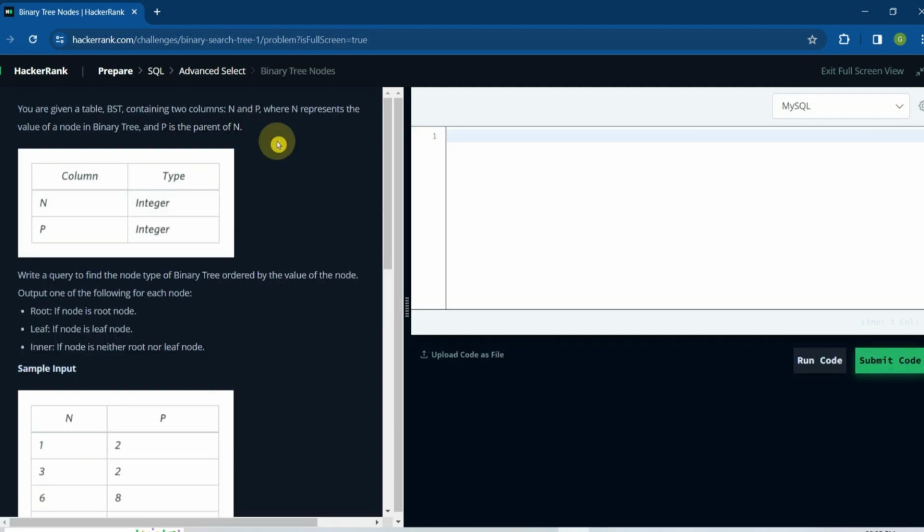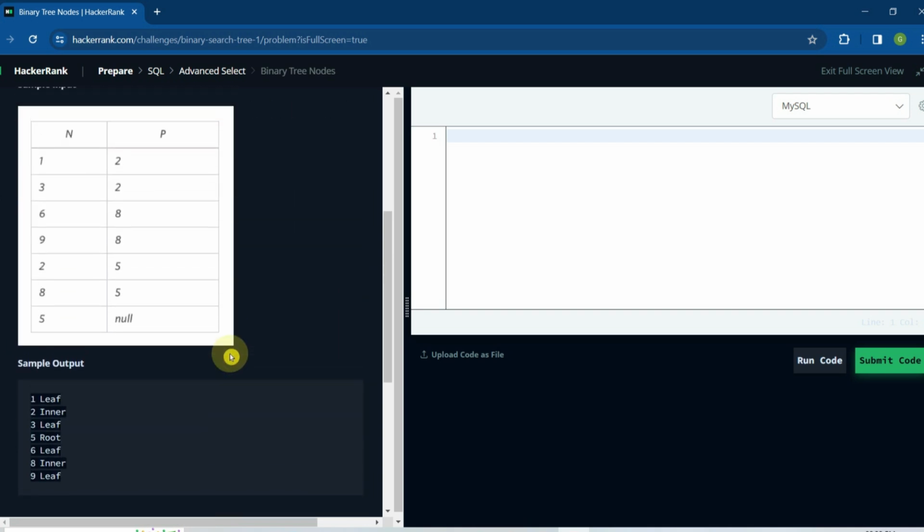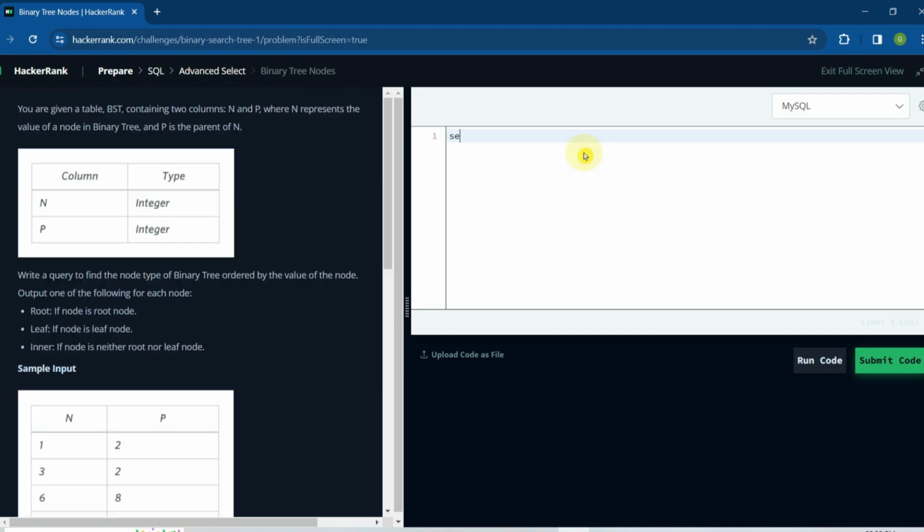So this problem is based on finding the types of node. So there are three types of node in binary search tree: root node, leaf node and inner node. We need to find that using the two columns n and p. Based on those values, we can find the types of node. So first you have to type select